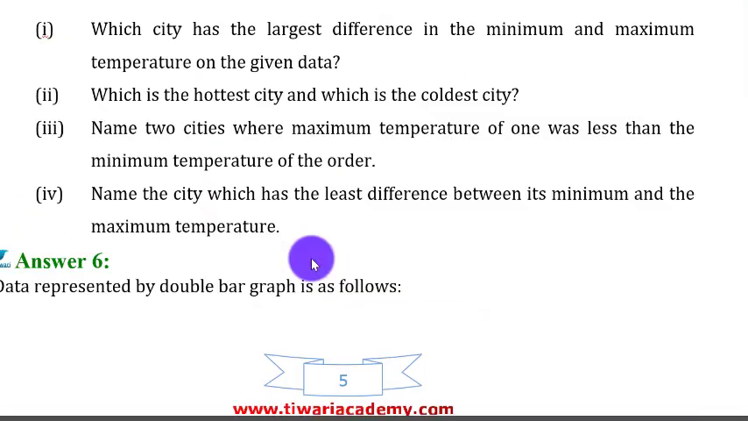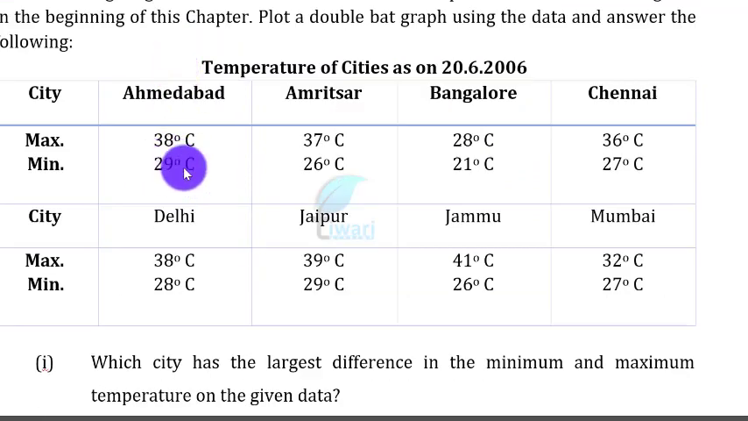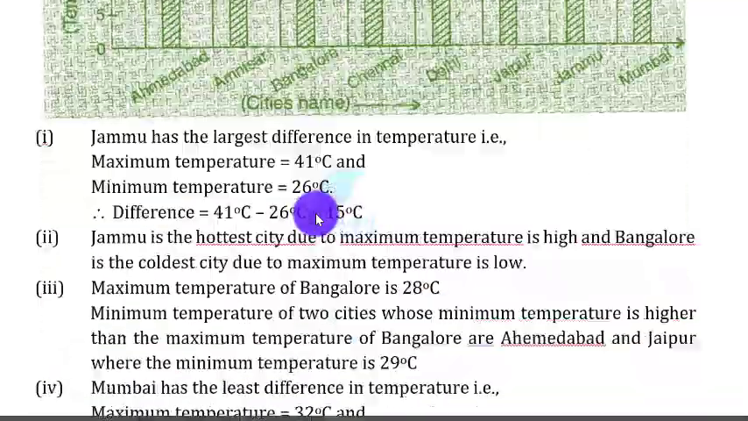So just observe this. The minimum temperature is 29 degrees Celsius in Ahmedabad, and one more city is Jaipur. So Jaipur here is 29 degrees Celsius. So the minimum is 29 and 29 degrees Celsius in Ahmedabad and Jaipur, which compared to the maximum temperature of Bengaluru here. So next we can take